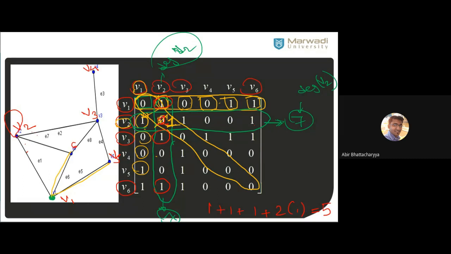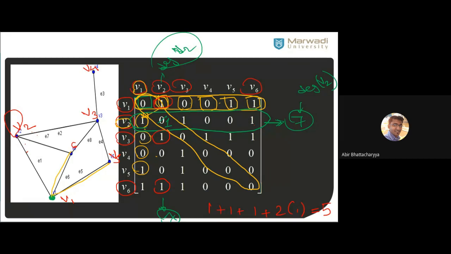Remember, 1 is important. In the exam, we will prefer 1, because of the books. This should be 1, not 2. And no provision for parallel edges. We will not ask any questions to find the adjacency matrix whenever parallel edges exist.